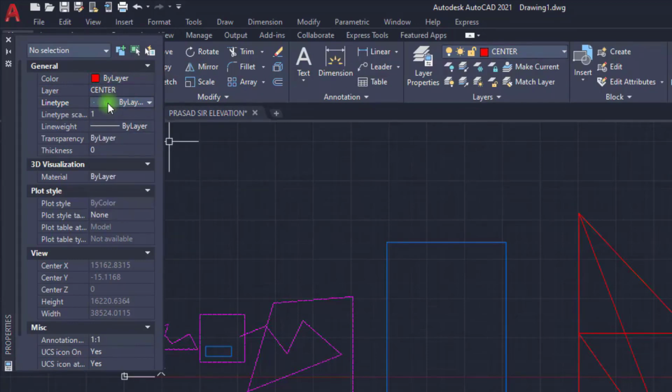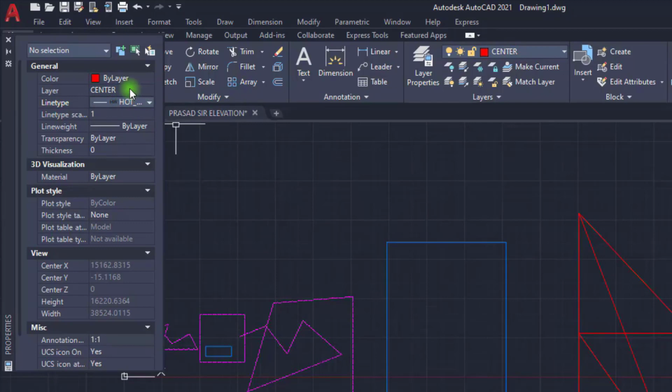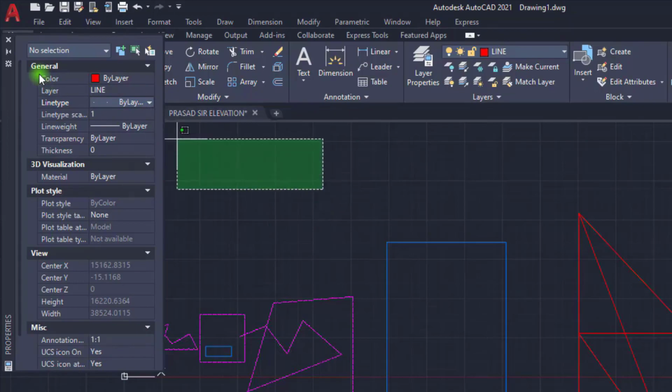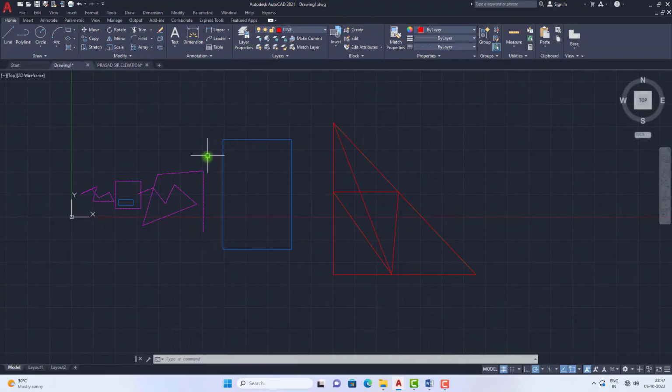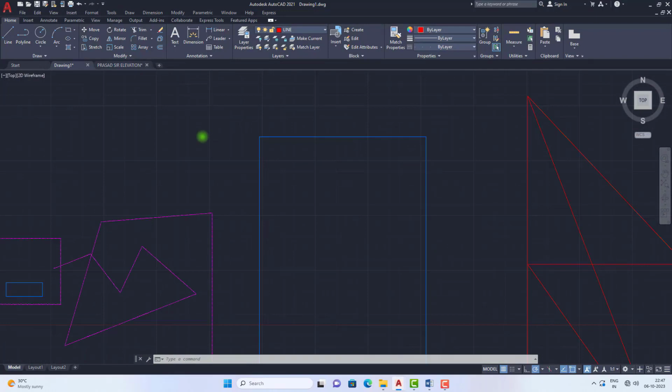So now I am changing this to some hot water. See, the object line type I am changing by using this change option. So I am selecting this line, and now I am changing this to some other properties and clicking on close. Now what happened? See, before we had drawn this rectangle using some other line type, but it has changed to this line type.